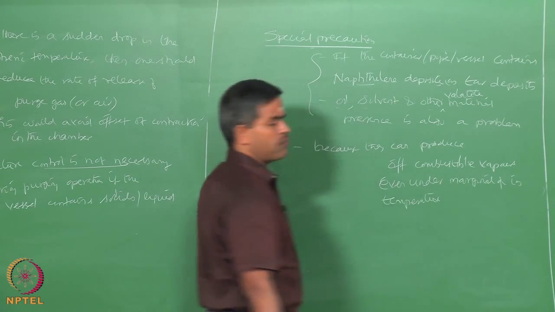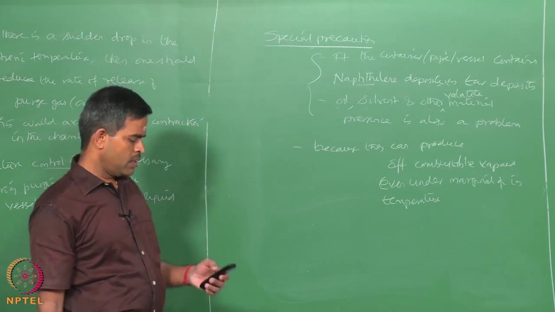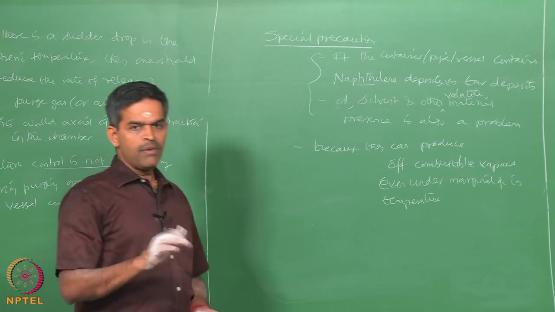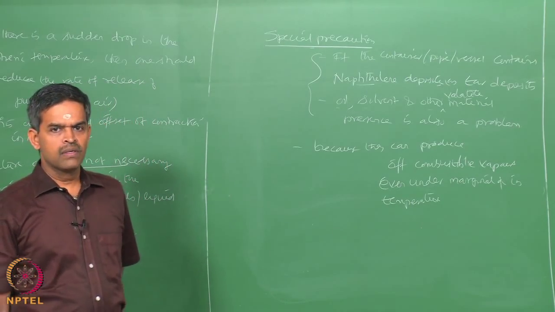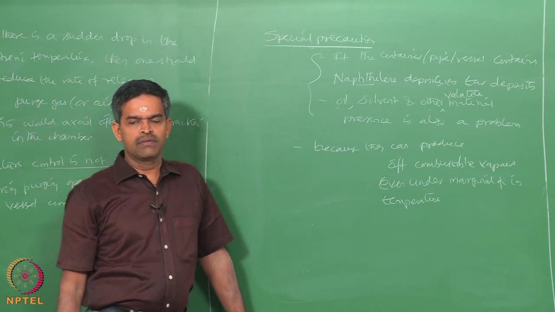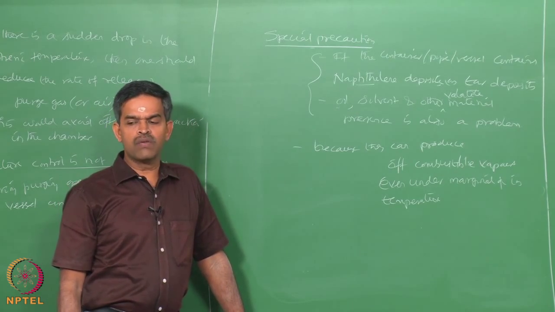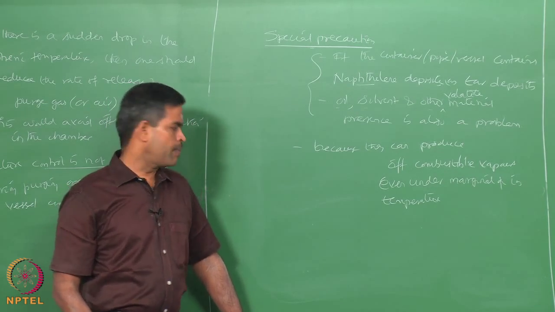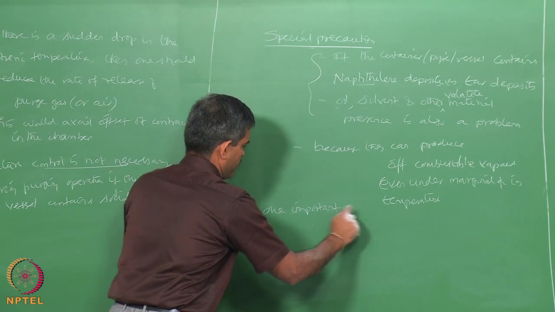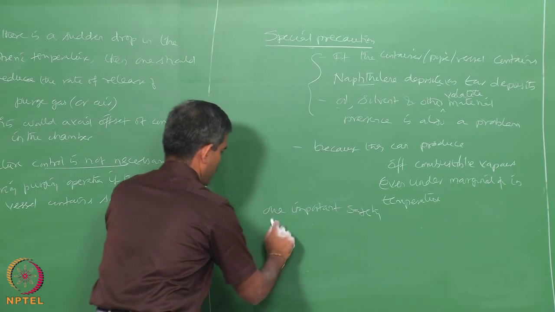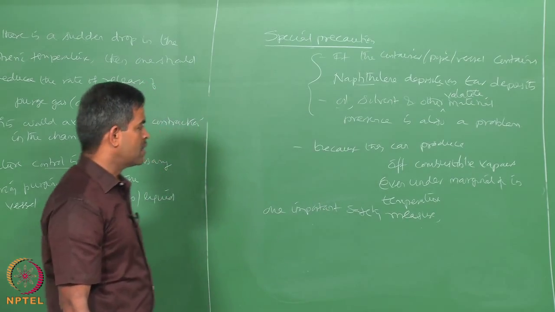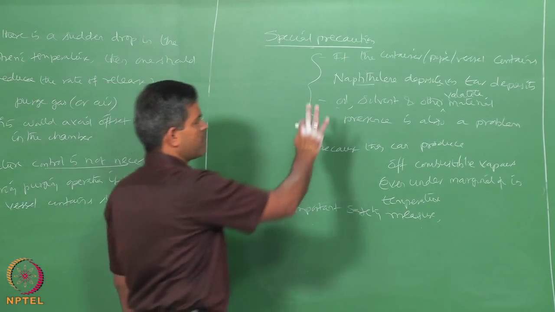So, one has got to be very careful and do this with a high level of safety precaution. Either before or during the purging, these deposits like naphthalene etc. should be heated to such a degree that there could be no further volatilization possible during the purging operation. So, one important safety measure